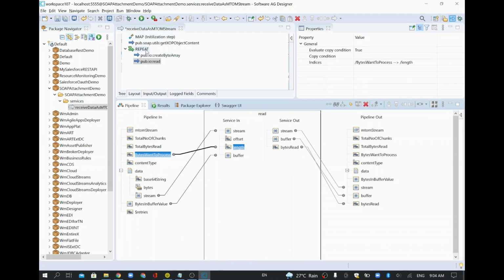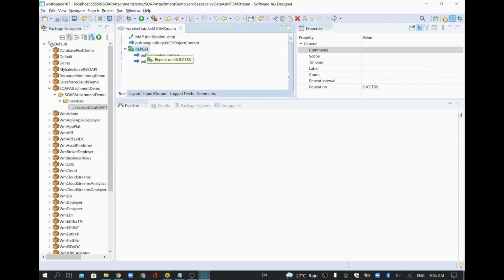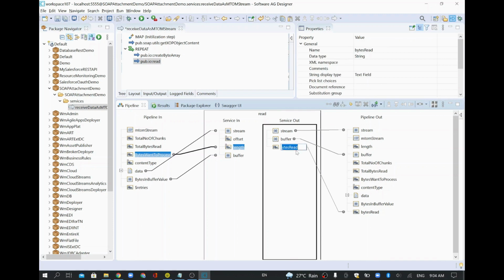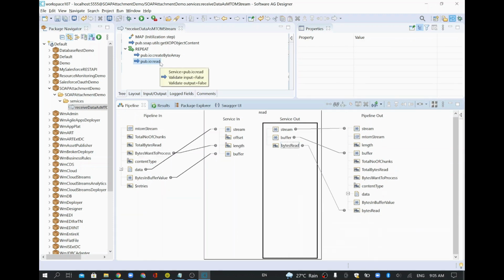When it comes the first time, it's a repeat on success. Even if I have 1821 KB, it will come for the first time and it will read only 100 KB. So the 100 KB data is there. Now what I have to do is repeat for another 100 KB. How many bytes we read will be there in this byte read field, as well as a string value, which I am going to